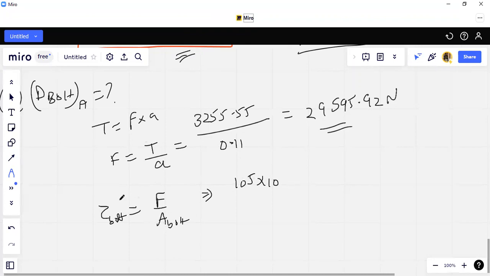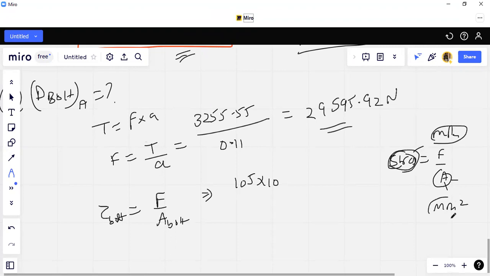Actually, when we use stress equal to force upon area, and if you write the area in square mm, you will automatically get the stress value in megapascal. So I am not going to multiply it by 10 to the power 6. It will automatically give me the diameter in mm. So 105 is equal to